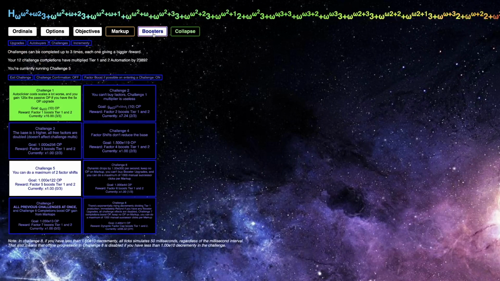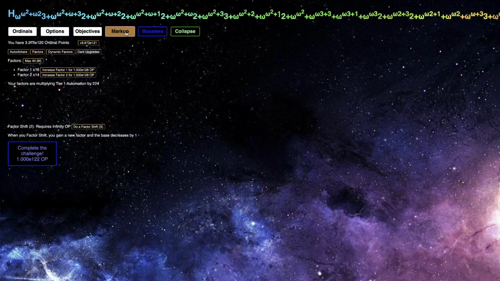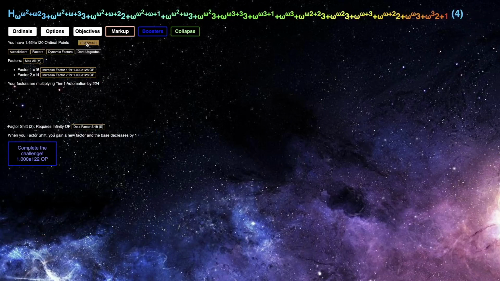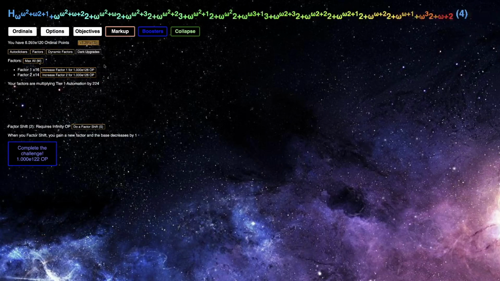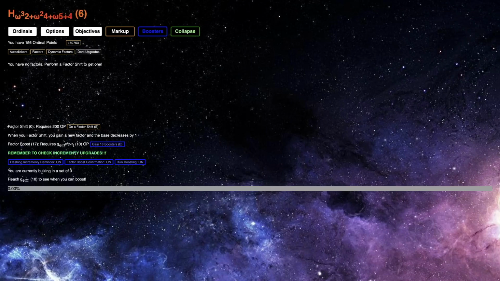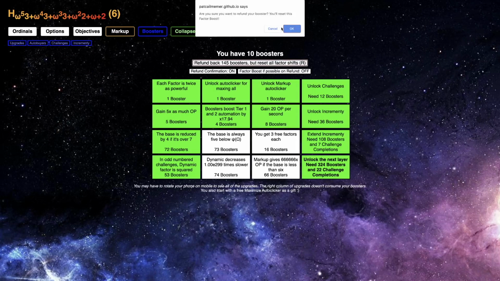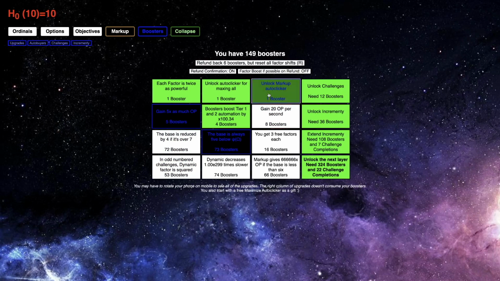Also, here's another example of something that really cut the time down. If I actually had a 6.666 times multiplier to ordinal point gain instead of just 6.58, it would cut time in this challenge by 25%. So yeah, there's that, and I think now we can do challenge 2 first or third time, and then I